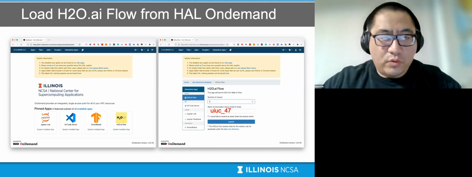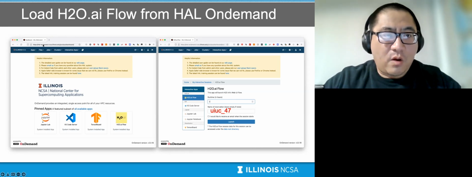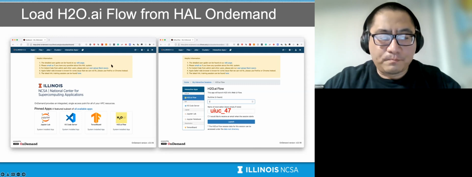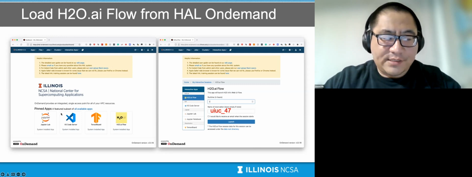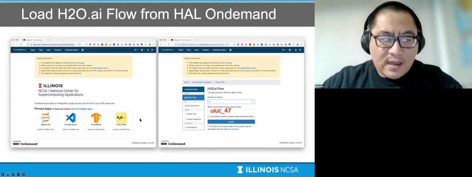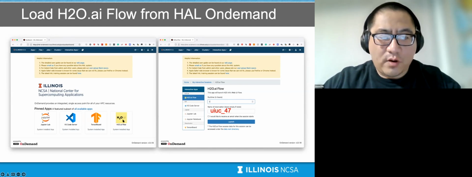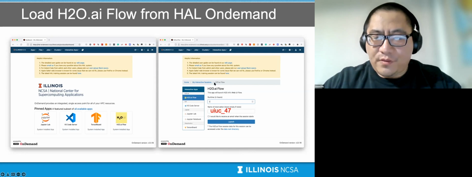First is to start our HAL on-demand web portal. After you log in, you can see we just made a few changes. We had a few shortcuts for different services. Our user can click the H2O AI one, and then this form will show up as shown on the right-hand side screenshot. The user can input 2 or 3 hours for the runtime and use